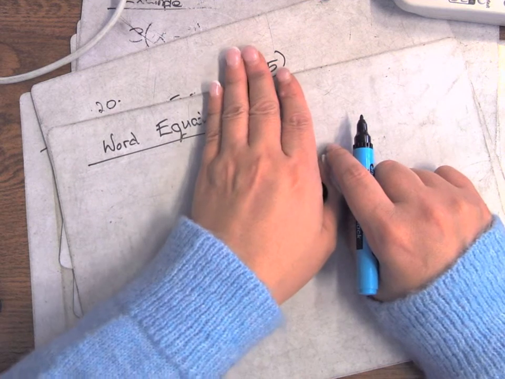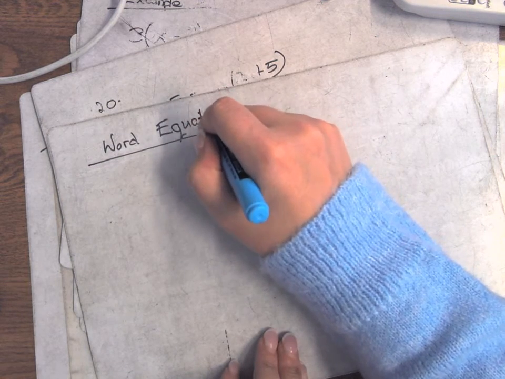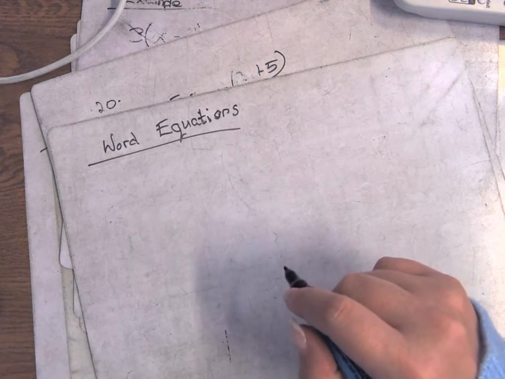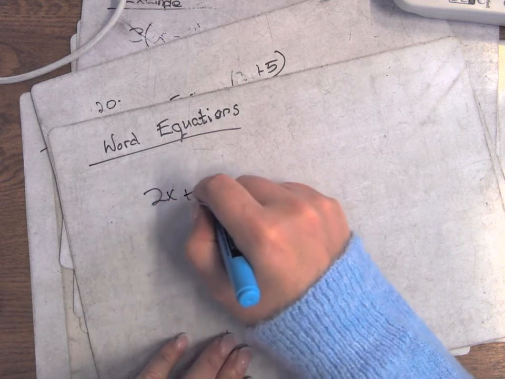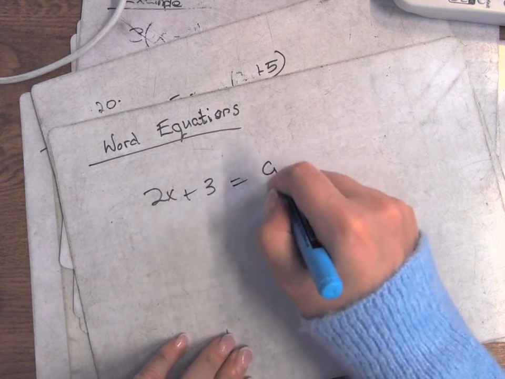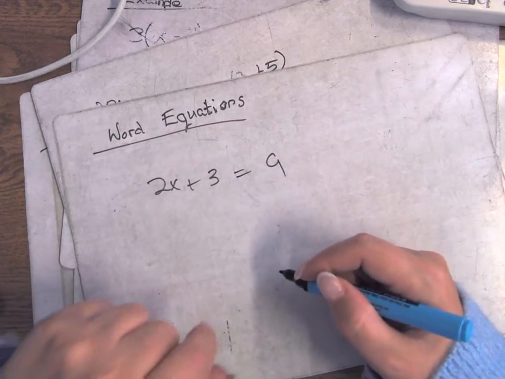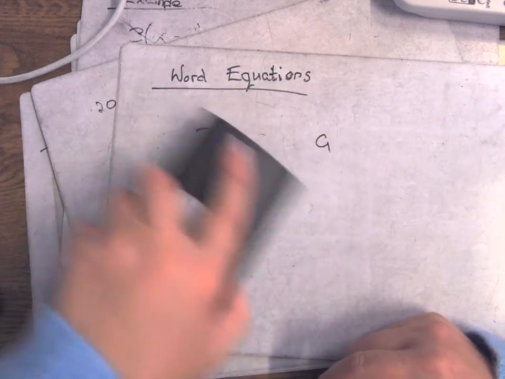It's almost equal, right? So that means an equation has an equal sign. So instead of giving you 2x plus 3 equals 9, something like that, written already, they're going to give it to you in words, okay? So an example would be,